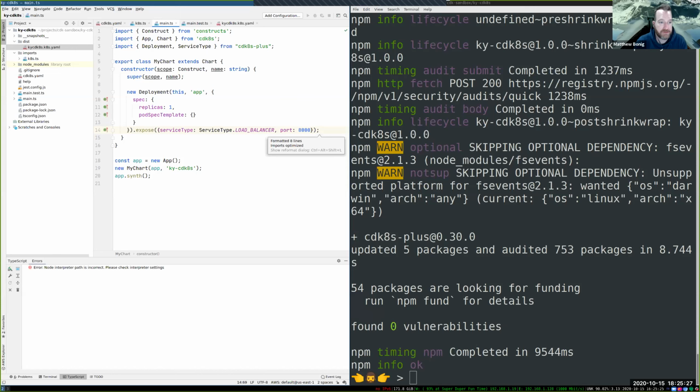And one of the things that's also really cool about this is that because these things like deployment here and the cdk8s plus library are standard NPM modules, Python modules or Python packages, and Java packages and things like that, you can distribute them the same way you distribute all the rest of your dependencies and library code and things like that. So what we're doing at our organization is that we've got a